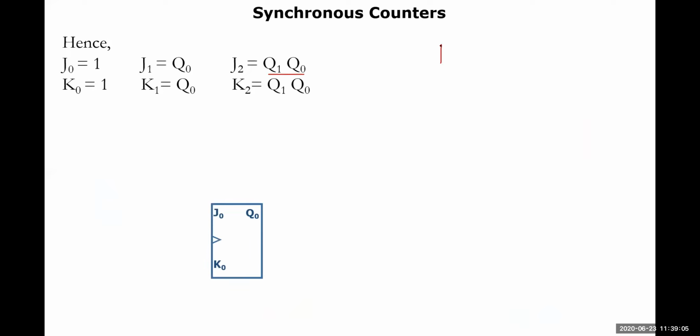These will be processed by using an AND gate here. So the AND gate inputs might look like this. This is the input for the AND gate. One input will be Q naught, and the second one is Q1. So the output will be Q1 into Q naught here. So this is the output. Let me consider this is for J2. So this is for J2 here.